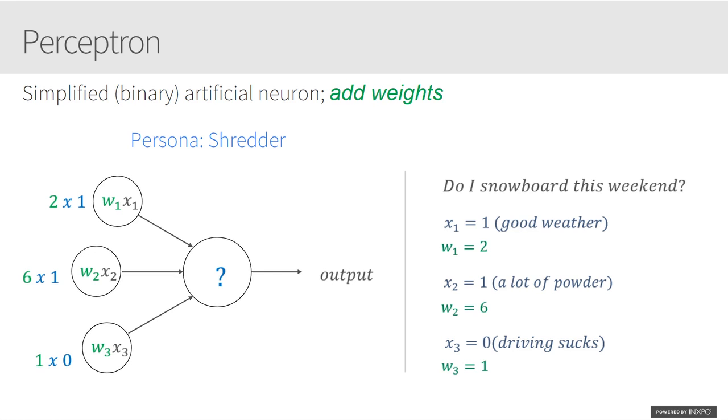Driving sucks. I don't really care if the driving is horrible, just as long as I can get up there. That's the most important thing. So again, arbitrarily, we're using a threshold of 5. The summation of WJ, XJ is basically 8. So in this case, I'm leaning toward, yeah, I'm snowboarding this weekend. It's a simplistic concept, but the whole point is that this Perceptron is only a simplified binary artificial neuron, and yet it allows us to make decisions based on various inputs